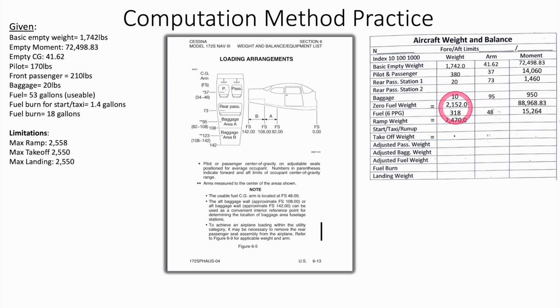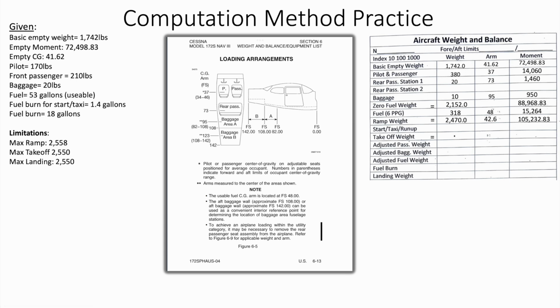Add these columns up, and then you get our ramp weight of 2,470 pounds. Add up the moment so far, and we get 105,232.83 inch-pounds. Our next step is to subtract any fuel burn for start, taxi, and run-up. So using this amount, 1.4 gallons, which we get from the POH,